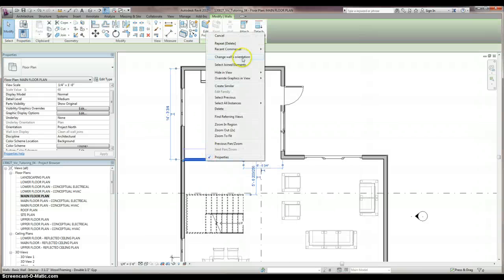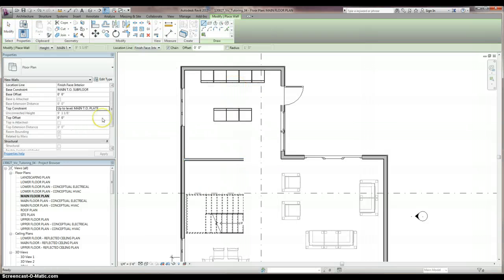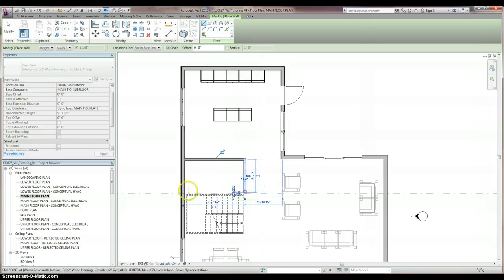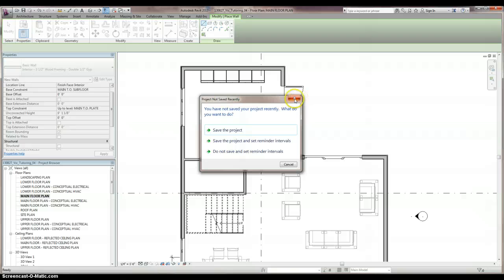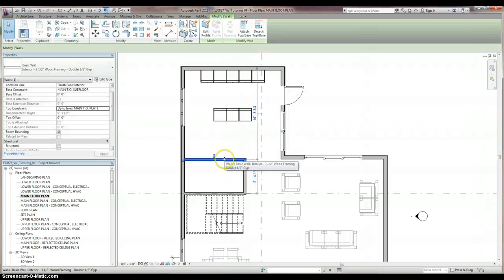We know that this is good. We can create similar. We can double check it again. Look at that main top of subfloor, main top of plate. We're going to create... Don't save it. Been saving it before. We're going to create a little